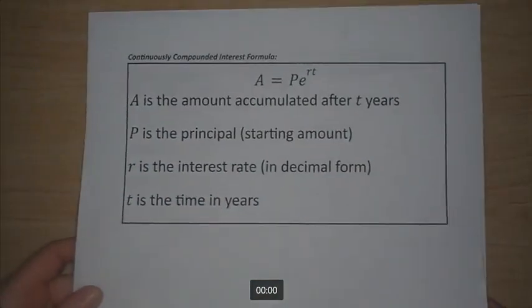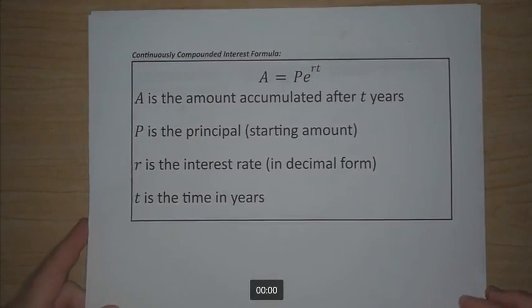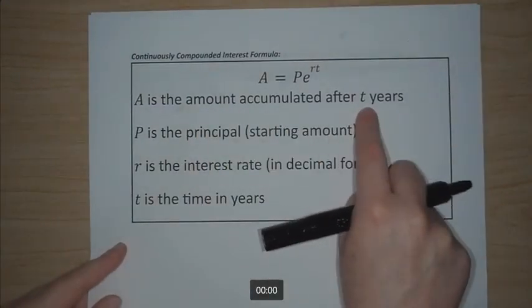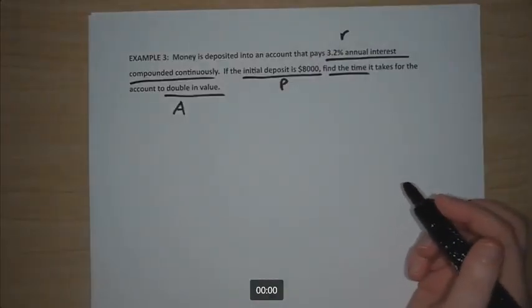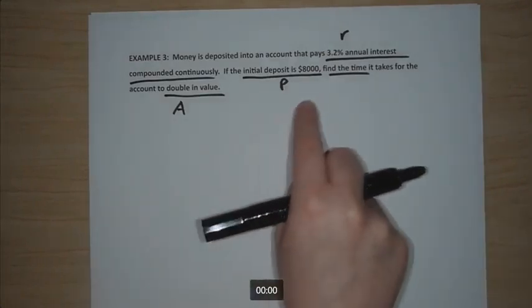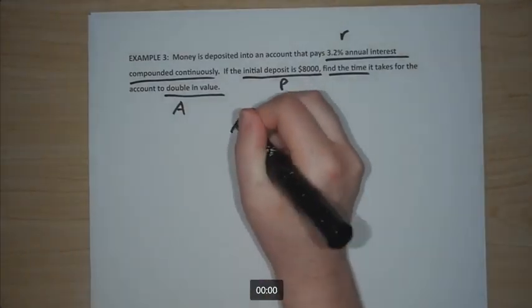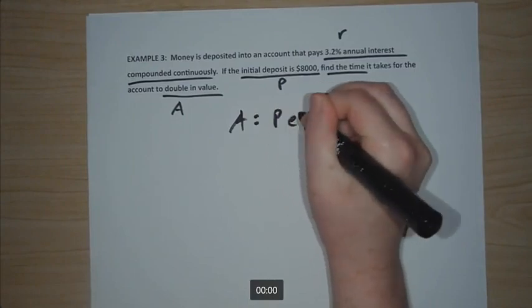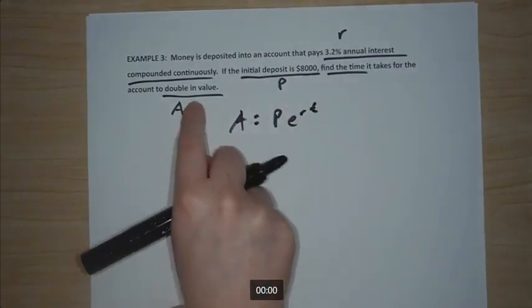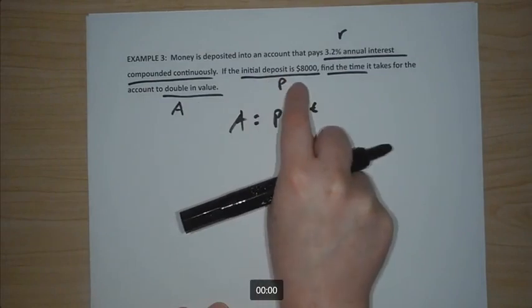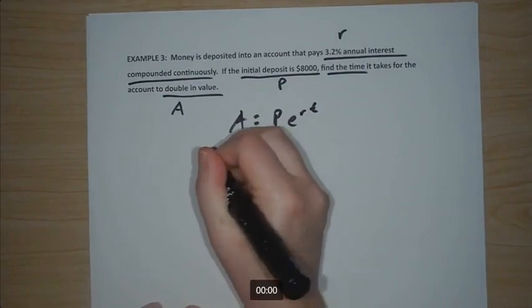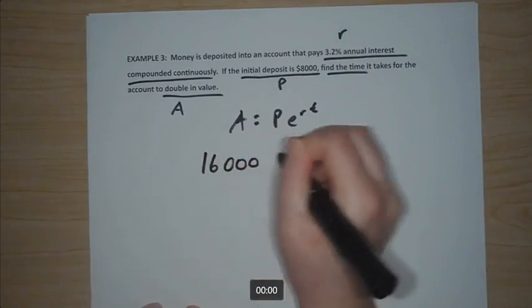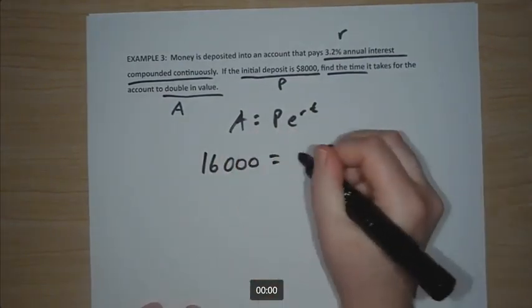So if we take a look at the formula one more time, A is the amount accumulated after t years, P is the principal or starting amount, r is the interest rate, t is the time in years. We're going to put it in its actual format. So we have A is equal to Pe to the rt. So our A is where the account is going to double in value. Well, our principal amount was $8,000. So doubling $8,000, that's going to be $16,000. Our P is 8,000